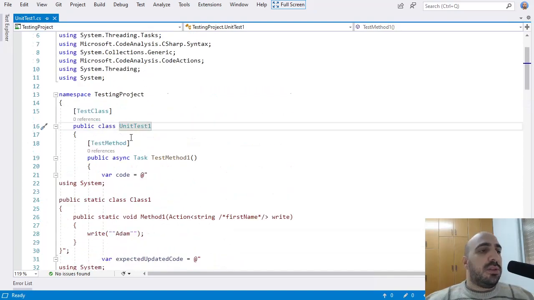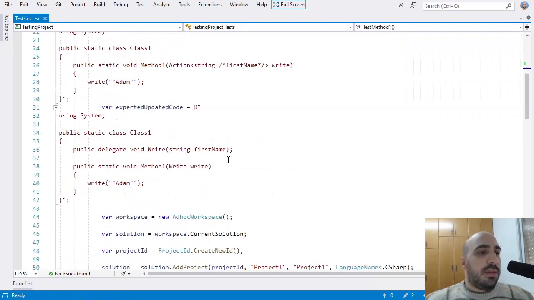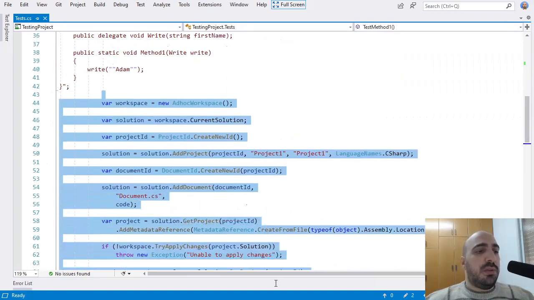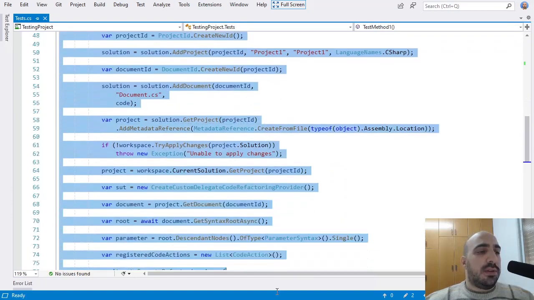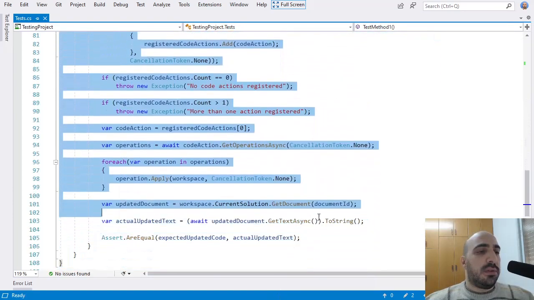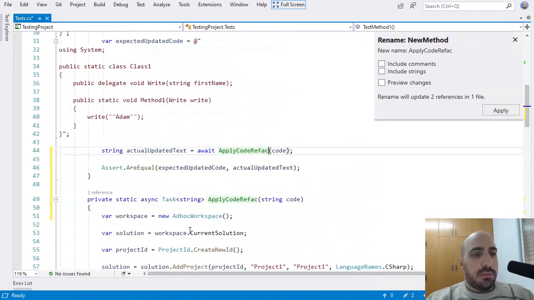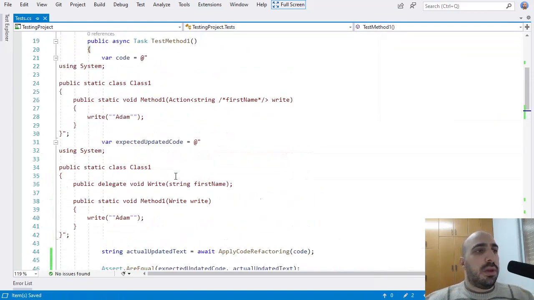Okay, so first I'm going to do some refactoring. I'm going to rename this testing class here, and I'm going to extract this part of the test into its own method so I can reuse it. Okay, and let me rename this test method.